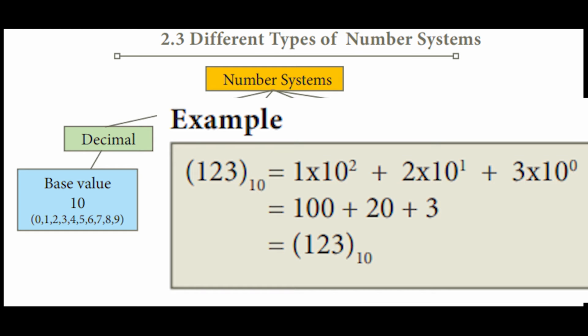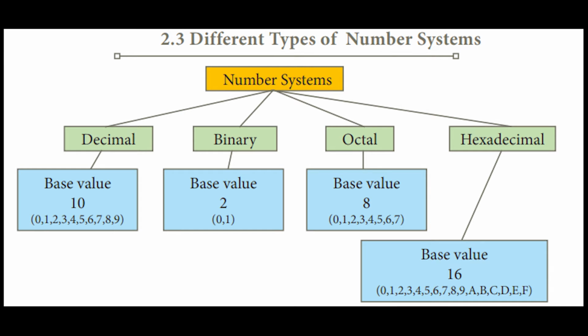Next we are going to see about the binary number system. Binary number system means we have already seen it has only two digits, that is 0 and 1, right? The numbers in binary are represented to the base 2 and the positional multipliers are the powers of 2. Okay, there the base was 10, here the base is 2.